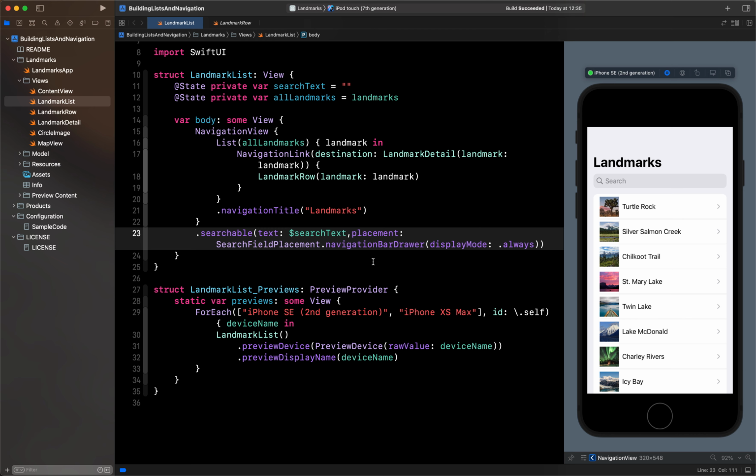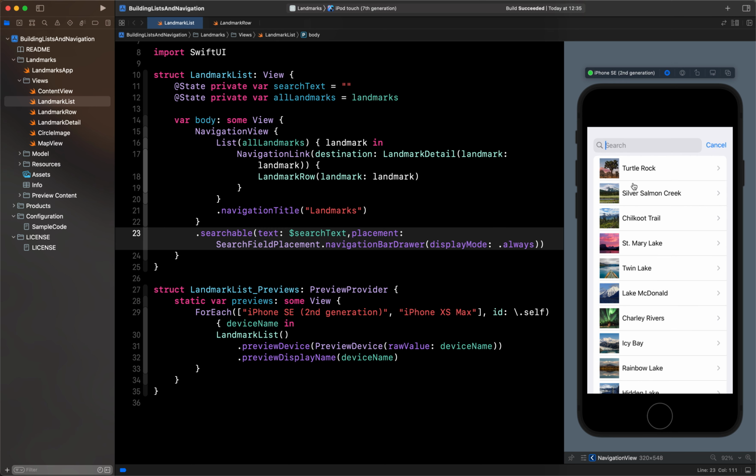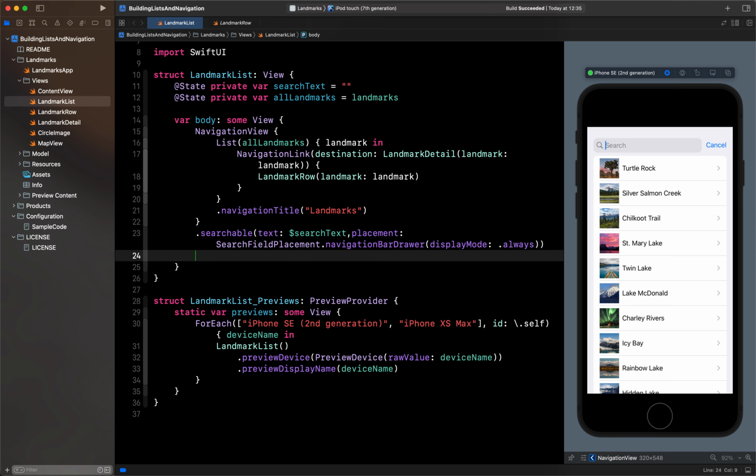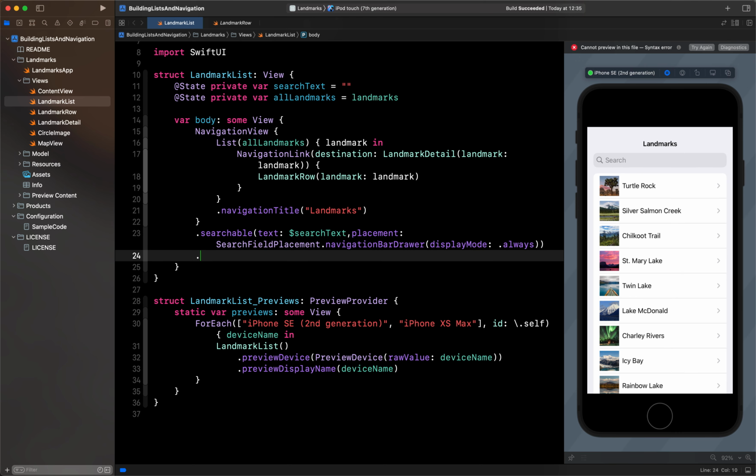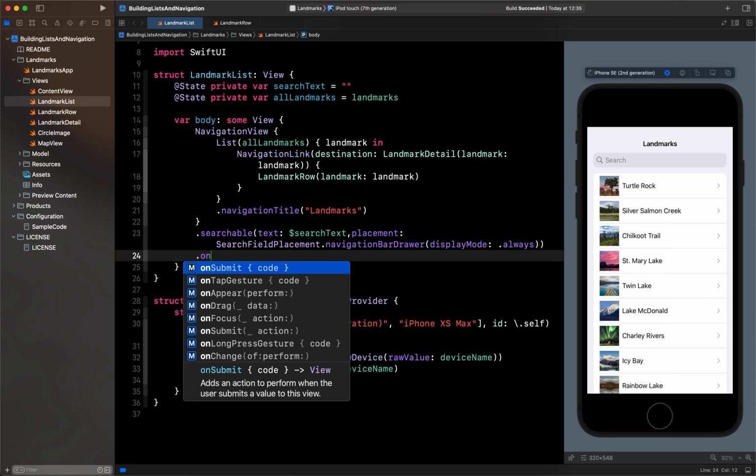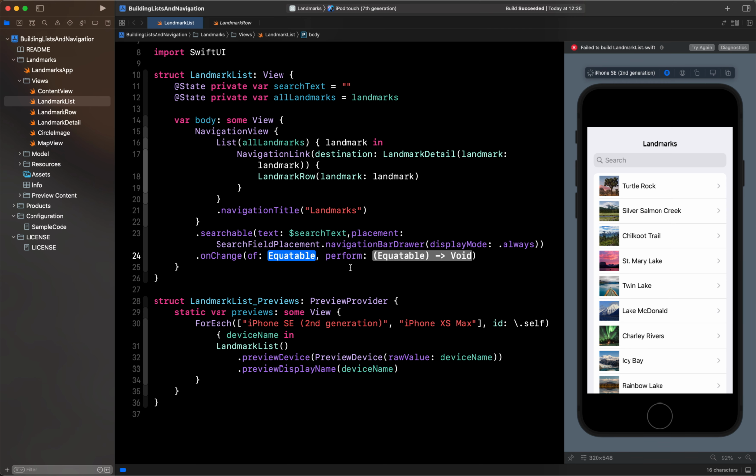But now let's see the next part, which is that I want to see the search terms. For example, here it is twin. If I say twin, it should start filtering the list with only the results which I am typing here. That is also very easy. You just need to use one more modifier here, which is onChange, this one, and here you have to pass your text.